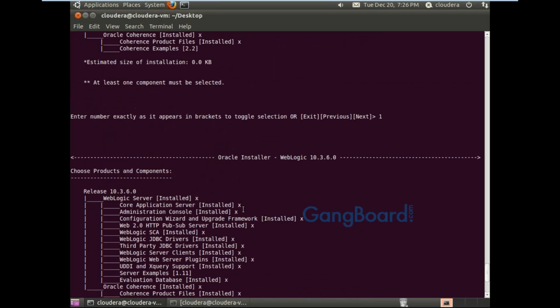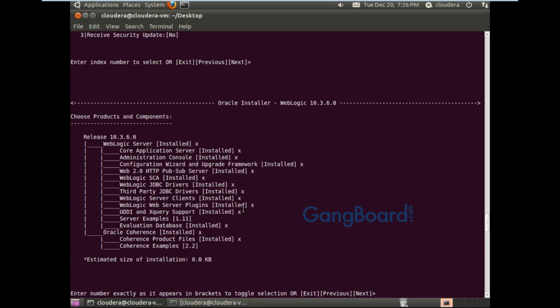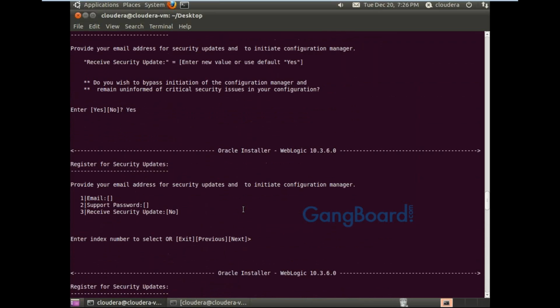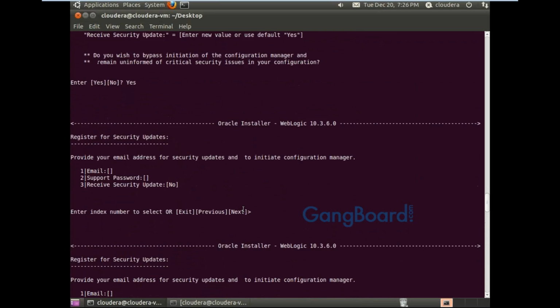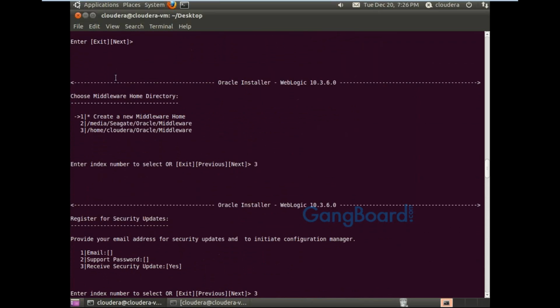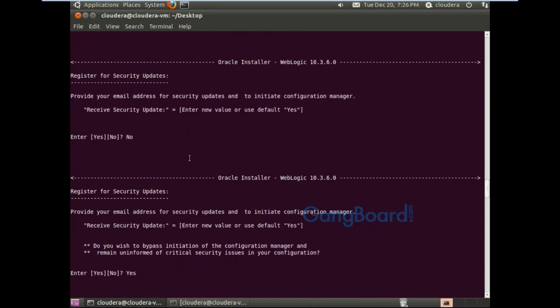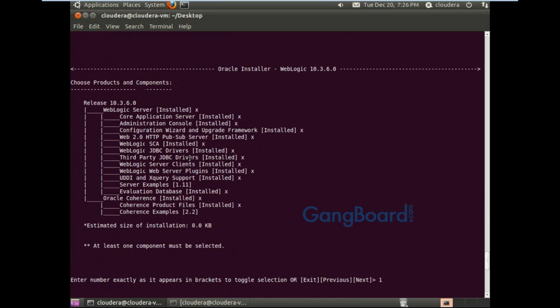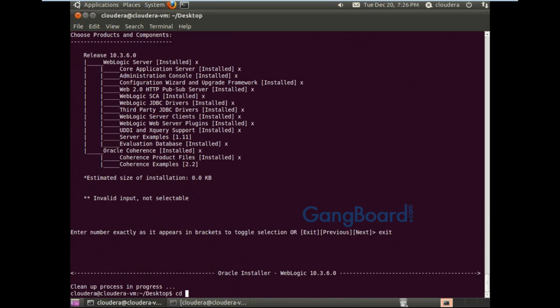Now I am going to install, creating the admin server and managed server here. Where is my location? My location is home Cloudera Oracle middleware. cd slash home Cloudera Oracle middleware WL servers common bin.